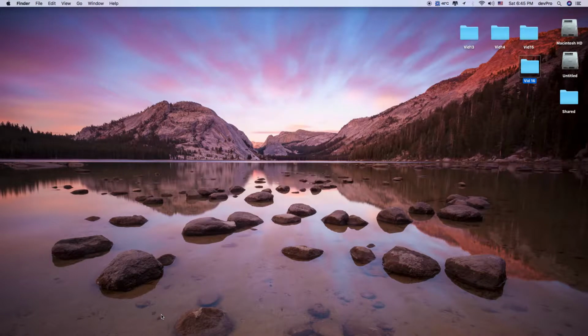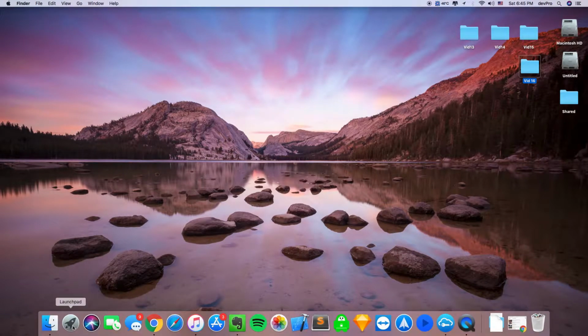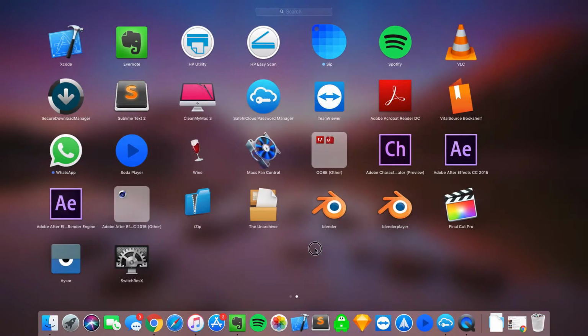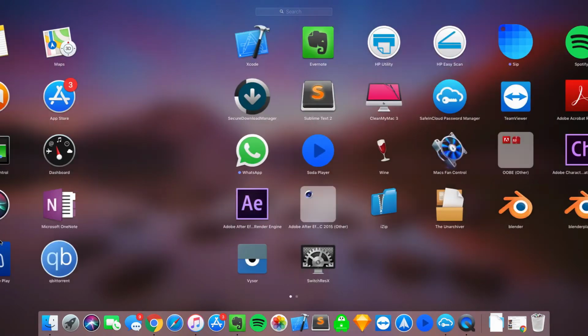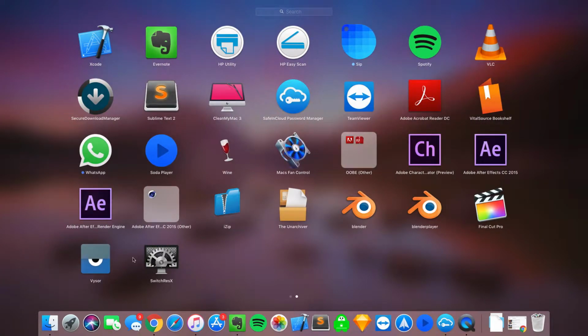The second way that you could delete an application is by going to the Launchpad. If you left click and hold, you could move from the first to the second screen. Once you find the application that you want to delete, you press the left click and hold it until you see the application shaking like that. It looks similar to the iPhone, and you're going to see an X on the applications that you can actually delete from the Launchpad. So the application I wanted to get rid of doesn't have the X, therefore I cannot delete